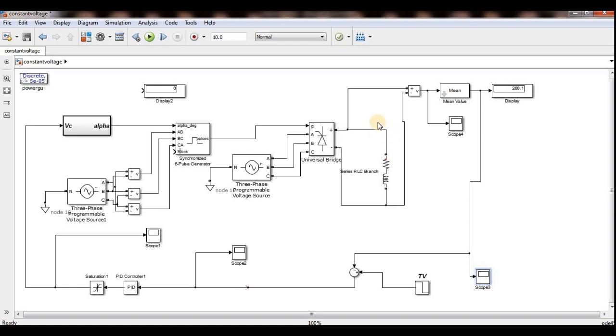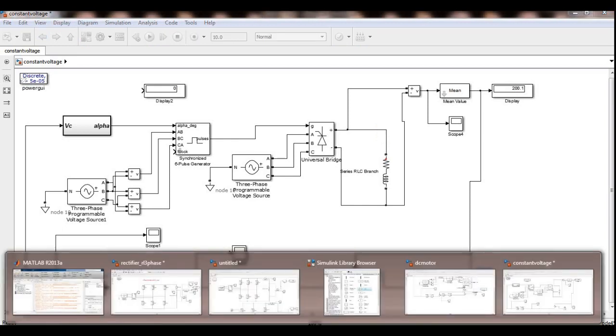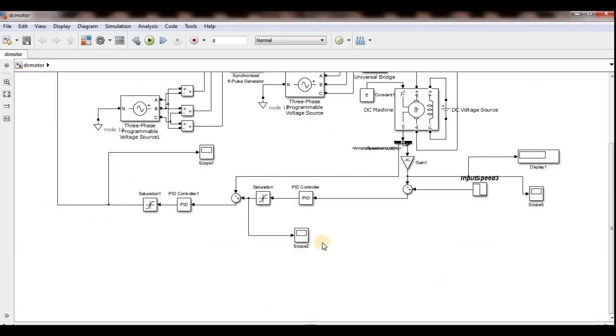In this video, the next project is speed control of DC motor. Instead of RL load, I can use an RLE load as a DC motor. So now we will go for how to operate the DC motor, or how to do the speed control of DC motor. Now I will explain the speed control of DC motor by using this similar kind of controlling technique.